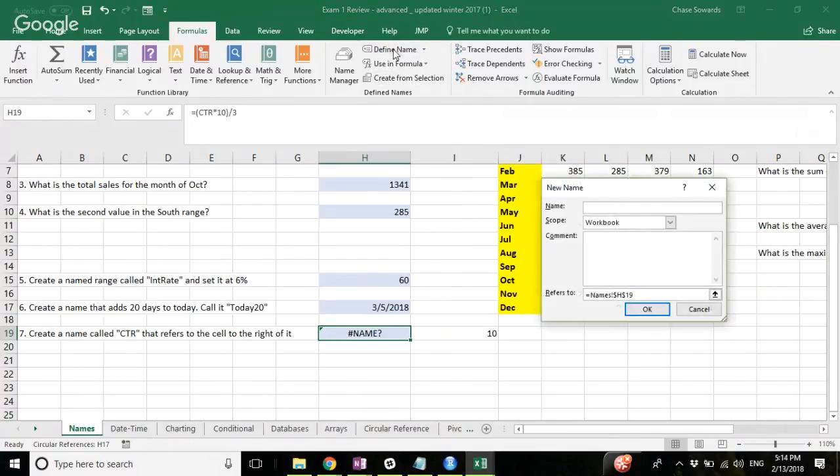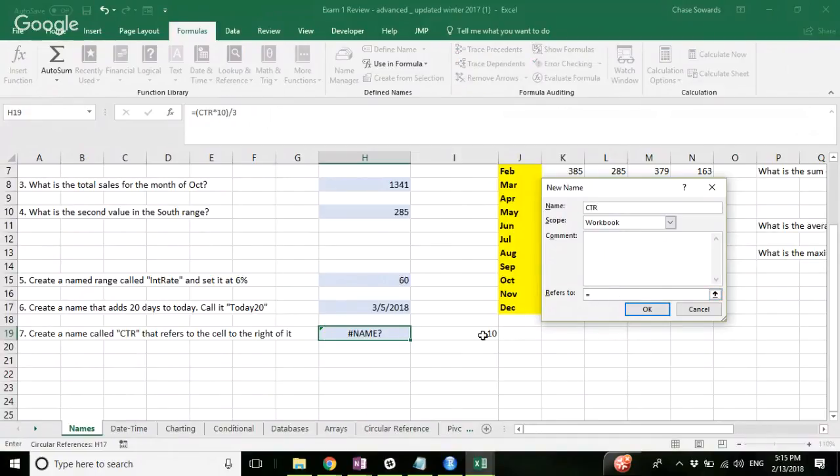So when you come here, we're going to call it CTR because everything is in reference now to this cell where I've just clicked. So now when I come down here, I'm going to click this cell to the right. And so if I leave the names right there, it's only going to work on this page that I have it. So it's kind of like a restriction saying only the names page. So if I take that off and just leave the exclamation right there, now it can work on any page. And I go ahead and get rid of these so it's not as locked in either. And so if I hit OK,